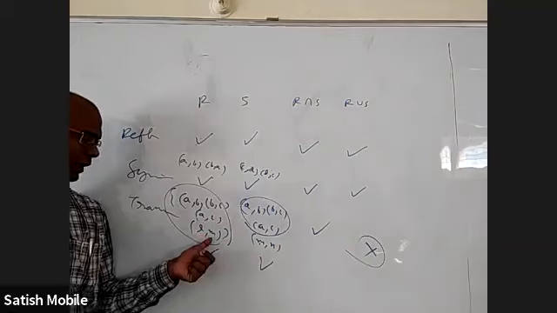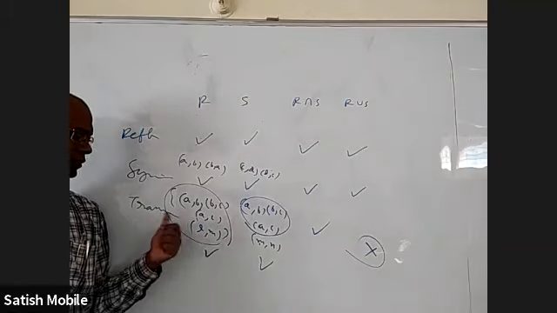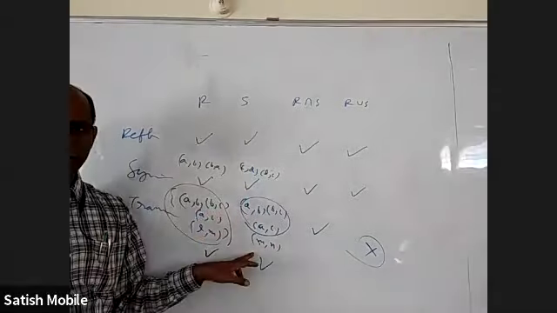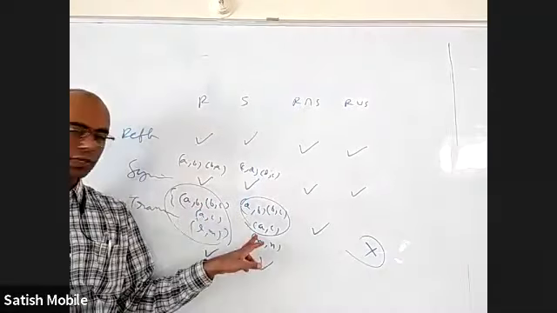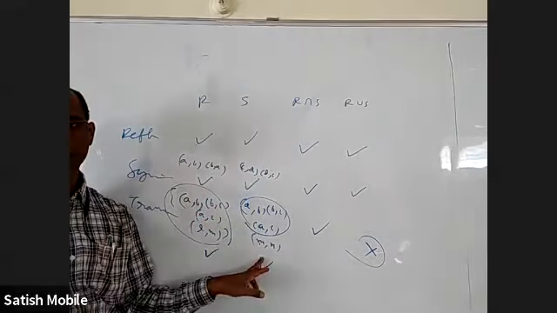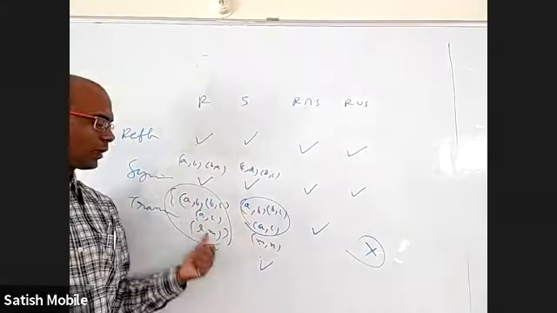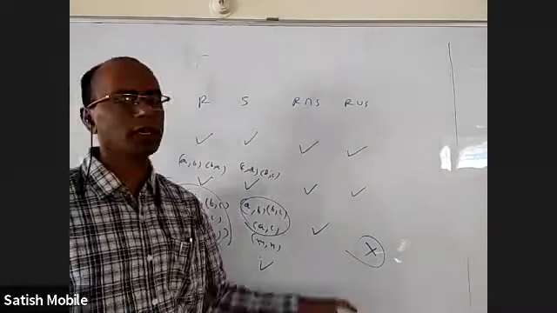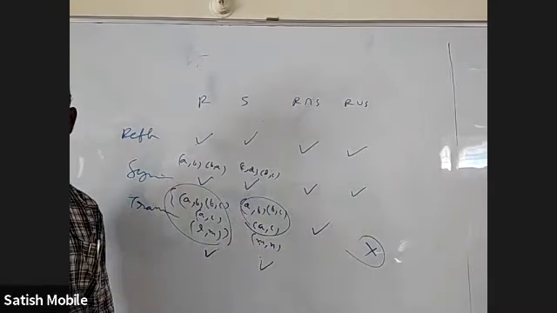If you take L comma M here, still it is a transitive relation. If you take only M comma N here, it is transitive. But when you take the union of these, you will get AB, BC, AC, and L comma M, M comma N also. So now in the union, L comma M is there, M comma N is there, but there is no L comma N. That's why R union S is not transitive. Is it clear?